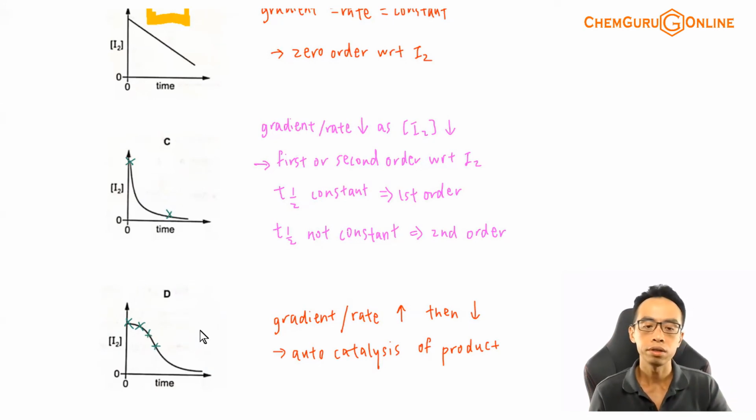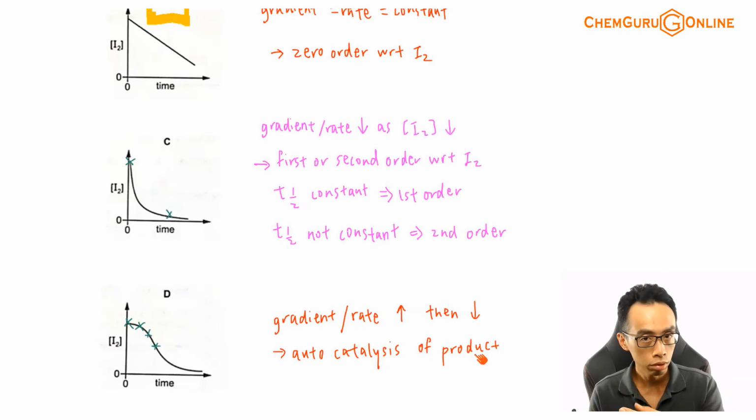How do we explain this particular graph and under what scenario do we have something like this? Now, this shape involving concentration time graph is very typical of autocatalysis. That means if I have a particular reaction where the product formed will catalyze its own reaction, then the shape of your concentration time graph will be something like this. Because at the beginning, when we have very little products, which is a catalyst, so when I have very few catalysts, the rate of the reaction is very slow.